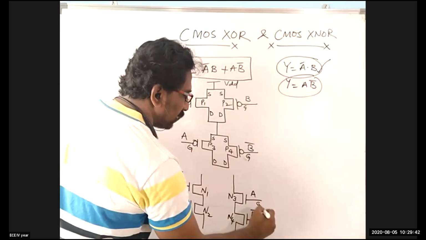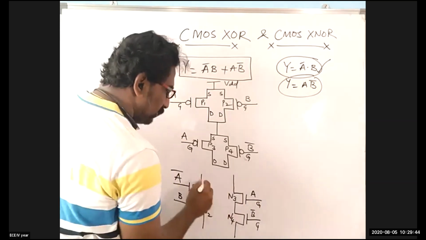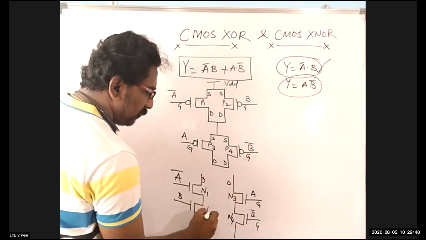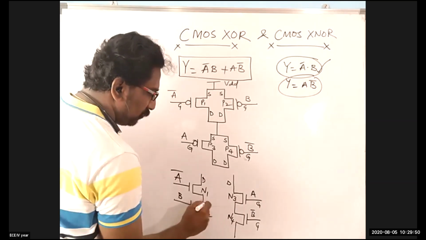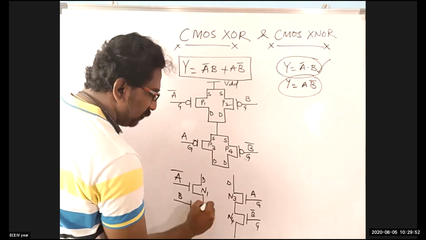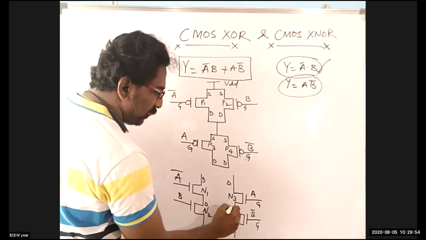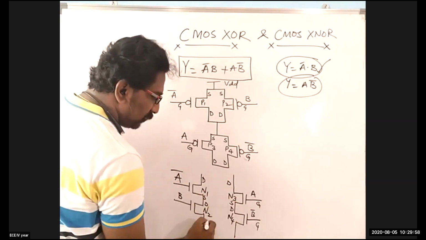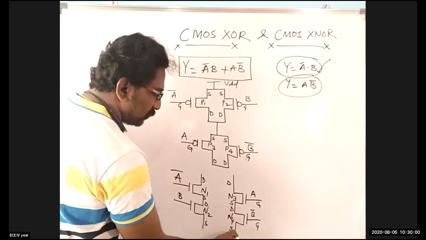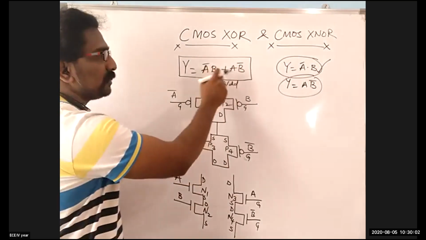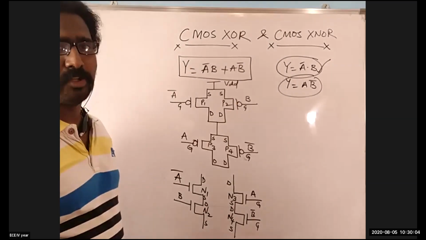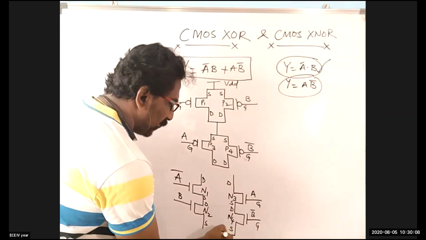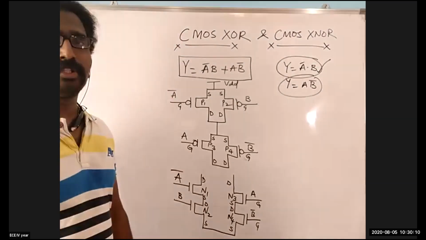A and B bar. This is a gate terminal, and this is the drain of your N1, drain of your N3, and here comes the drain of your N2, drain of your N4. In a similar fashion, this is source and this is source. And now here, both are the sources of your n transistors. Now the plus operator is between these two dot products. If there is a plus operator, then both the sources are being shorted.